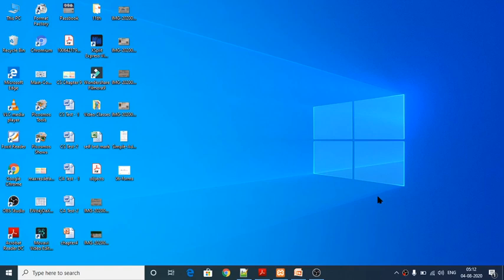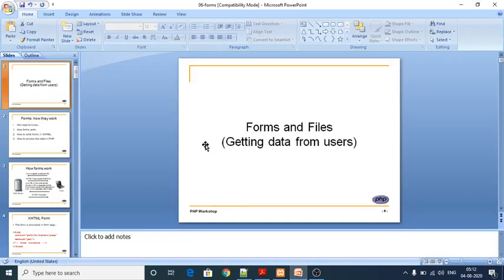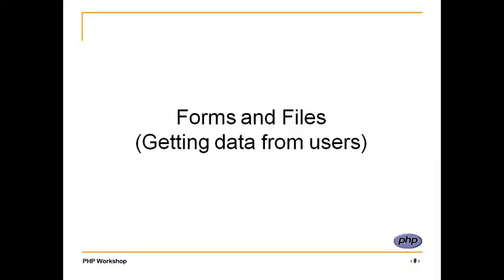In this video session we are going to learn a new chapter from computer applications. In this chapter we are going to learn how to create files and forms using PHP and HTML. In your previous standard, which means in your 11th standard, you have learned how to create an application form using HTML alone. Here you are going to learn how to create a form using HTML as well as PHP, and the chapter name is forms and files, which means getting data from users.